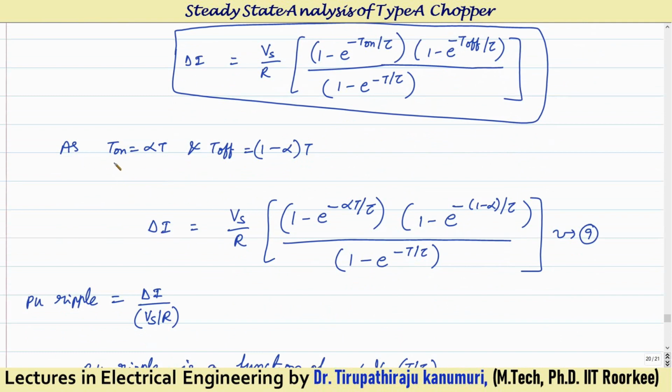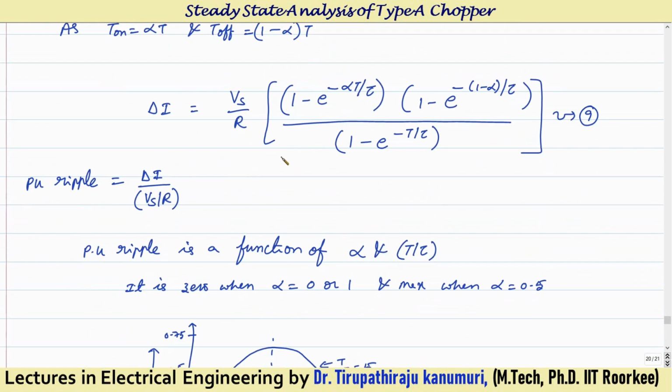We know that T on is alpha times T, and T off is 1 minus alpha times T. When I substitute this in the equation, I will get the ripple delta I equal to Vs by R into e to the power of minus alpha T by tau, into 1 minus e to the power of minus of 1 minus alpha T by tau, divided by 1 minus e to the power of minus T by tau. Here this Vs by R is nothing but the steady state current,